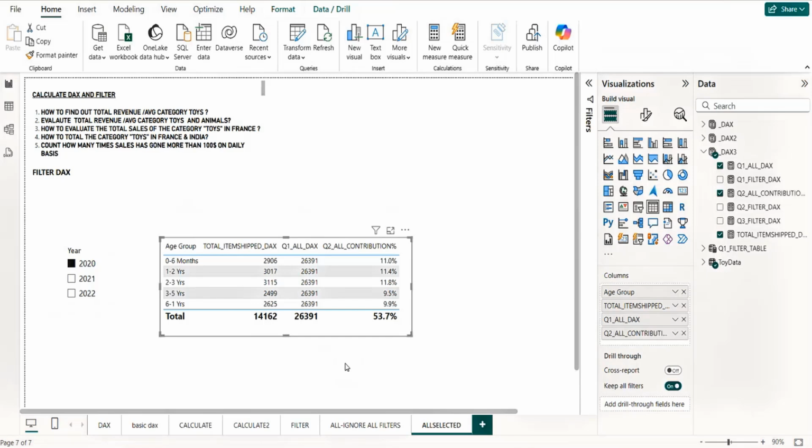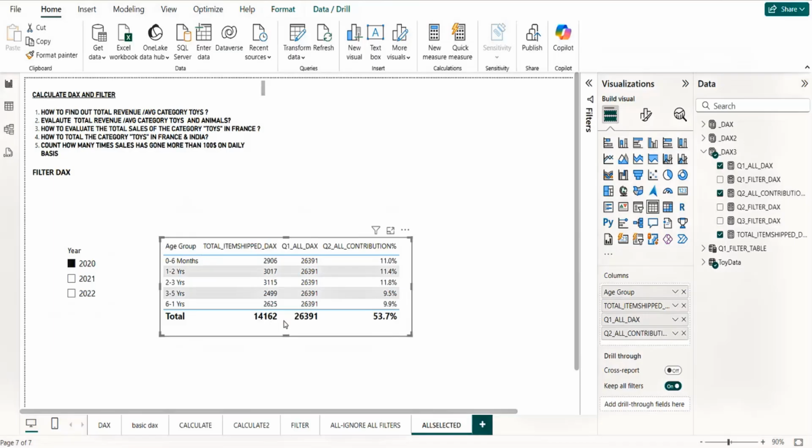But let's say I also want to analyze my data based on that the item shift which we have for that category, it should be on the total of that particular year, not on the total of the process. It means if I can have a DAX which can give me 14162, because I've selected 2020 in the denominator,